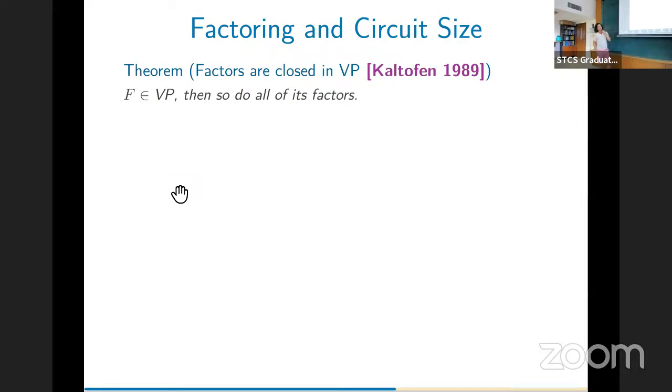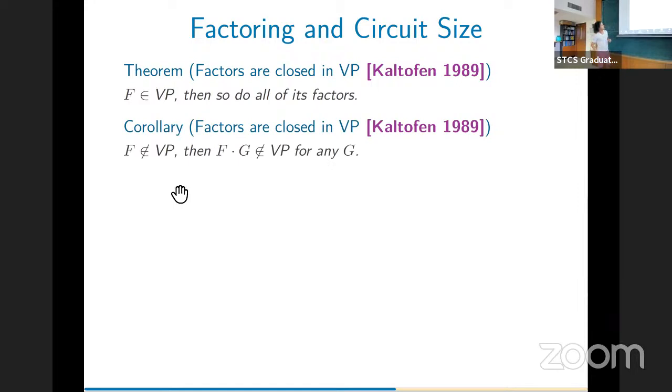All right, now let's see how to prove this theorem with some known things. Since we're in India, all of you know these things, so I'll go quickly through this. There's a seminal theorem by Kaltofen: if your polynomial f is in VP, meaning it's an easy polynomial to compute, then all of its factors can be computed efficiently. By computing efficiently, it really means there's a small determinant that computes it.